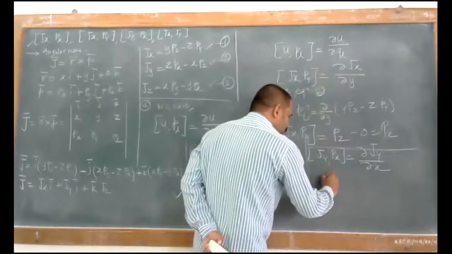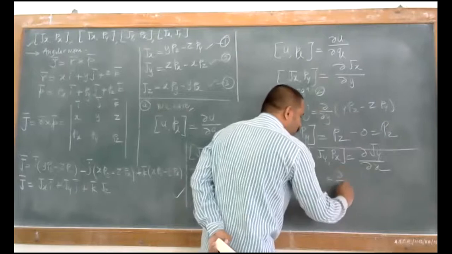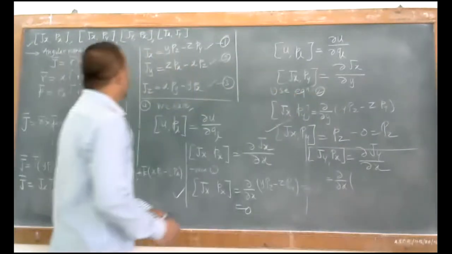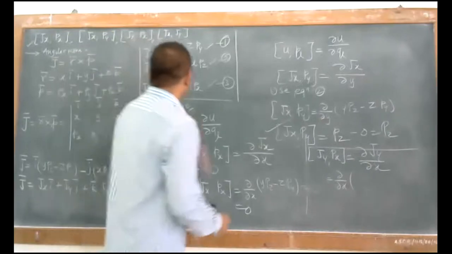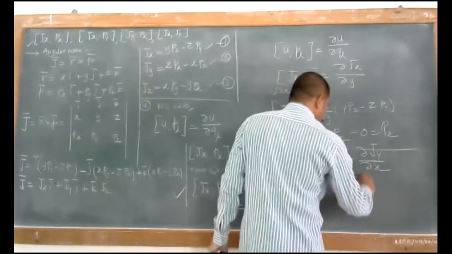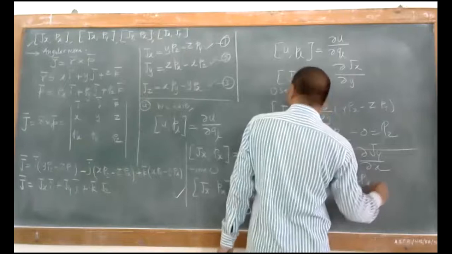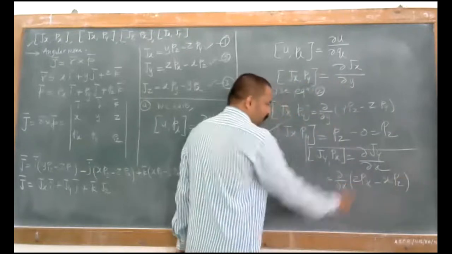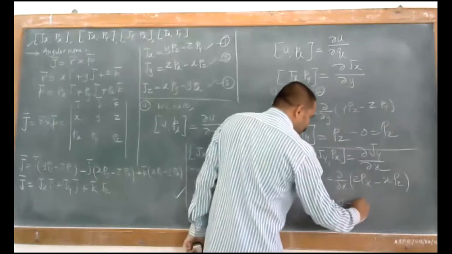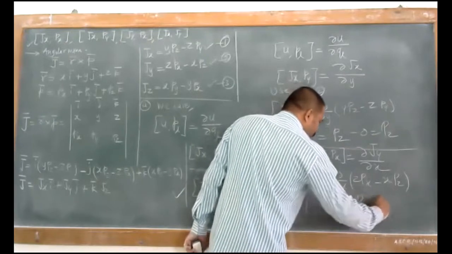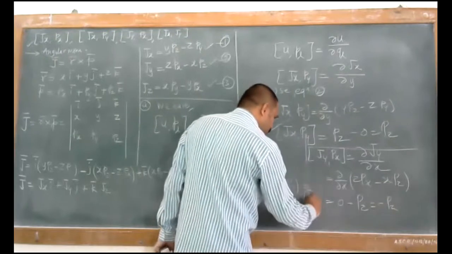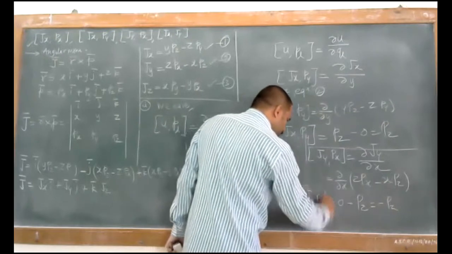So we'll just write this as ∂/∂x of the value of y. The value of y is nothing but z px minus x pz, and its derivative. The first term's derivative is 0 and the second term's derivative is pz. So this value is nothing but minus pz. So we can have this third thing, the {Jy, px}.